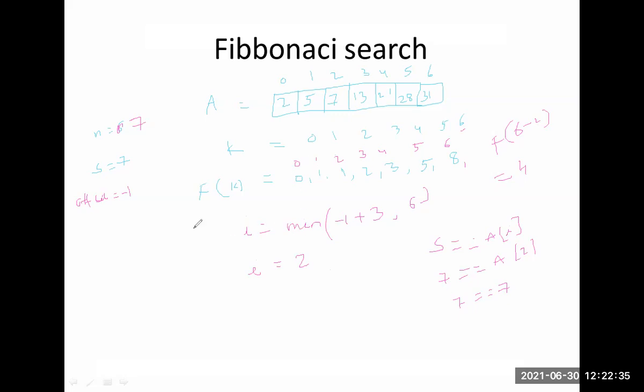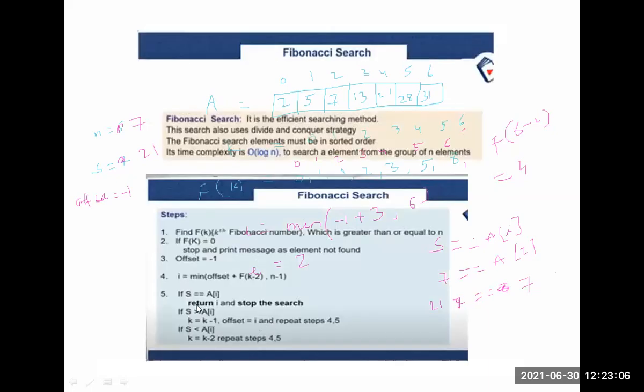Okay. For example, if the element you want to search is 21. Okay. So in this case, what happened? The i value is 2 here. So i equal to 2 means A of 2 is 7. So the searching element is 21. So what happened here? It does not match. So when the condition does not match, what we have to do is just move on in the algorithm. If the condition fails,